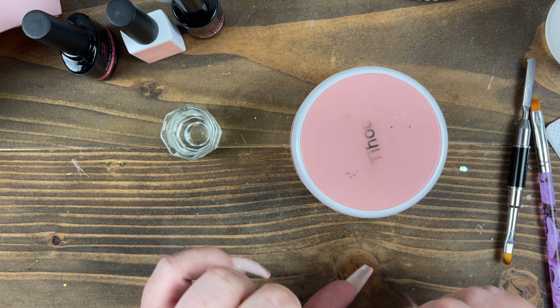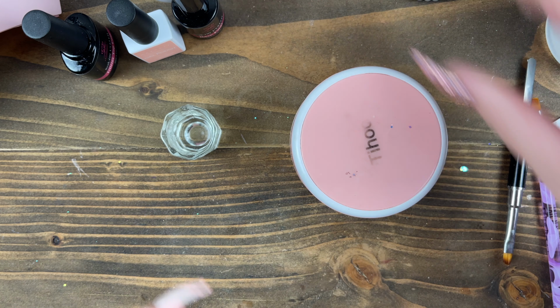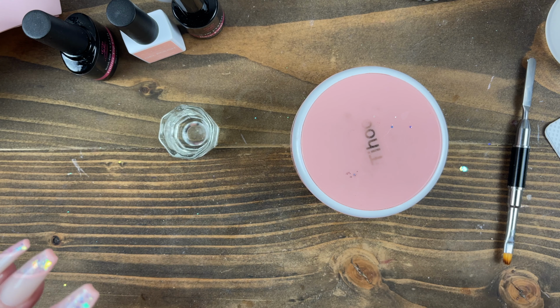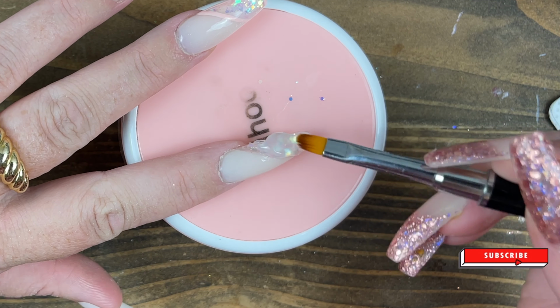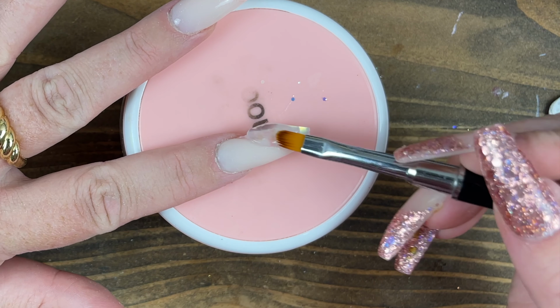I just think it would have looked cooler to have an icy, clear tip with the glitter. You don't realize these things until you're halfway through them. I do not want to use this brush because it's got glitter in it. I'll use this one. So this is fairly straightforward, pretty much the same step always of doing polygel, just to